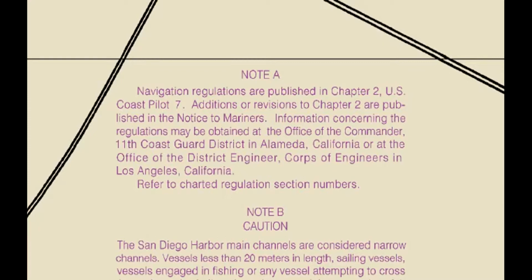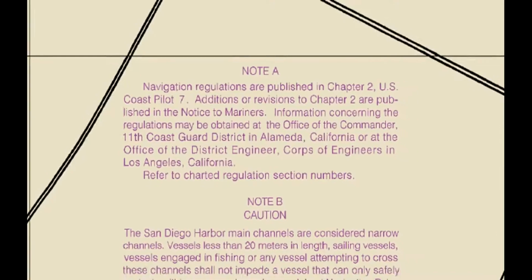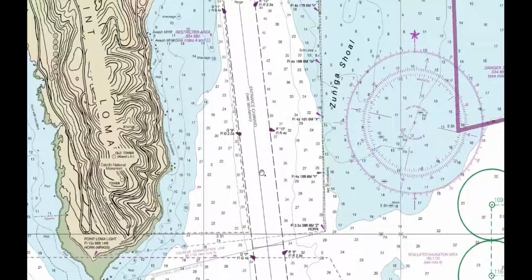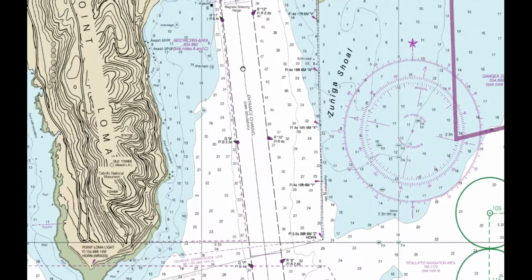Reading on, it tells me pretty much go read your pub. Information concerning the regulations may be obtained at the 11th Coast Guard District, and refer to chart regulation section numbers. Sometimes our notes do that. They say this is a specific area for a very important reason, but to get better detail on it, read the applicable publication. Going back to our inbound transit, as we continue in,